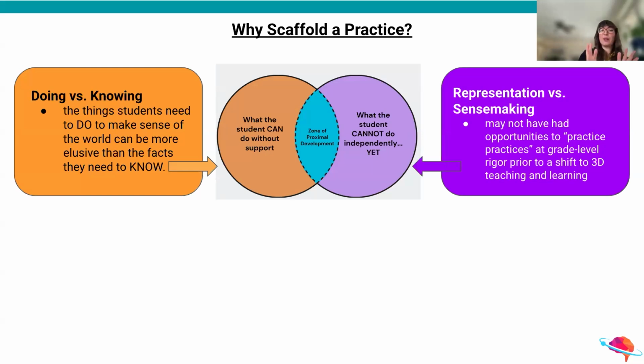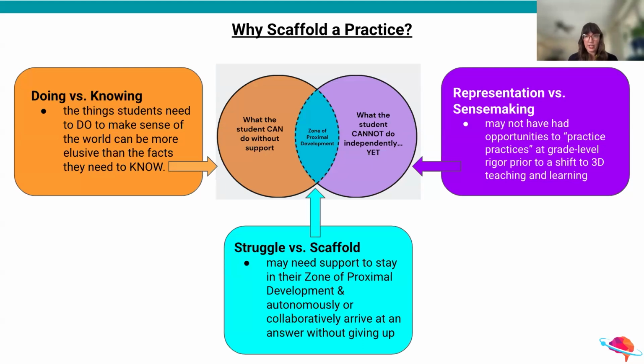If we can help them practice science practices, we can facilitate this transformation from students just representing knowledge they've already been taught into this process of sense making, which is really truly bringing in what do I know, what do I have to do, and how do I need to look at it. We can do this by scaffolding the practice to help students solidify a thinking routine that they can use again and again anytime they run into that unproductive struggle and frustration. And we all know what our classrooms turn into. We have a bunch of students that are in that unproductive struggle. That is something we would like to avoid both for us and for them.